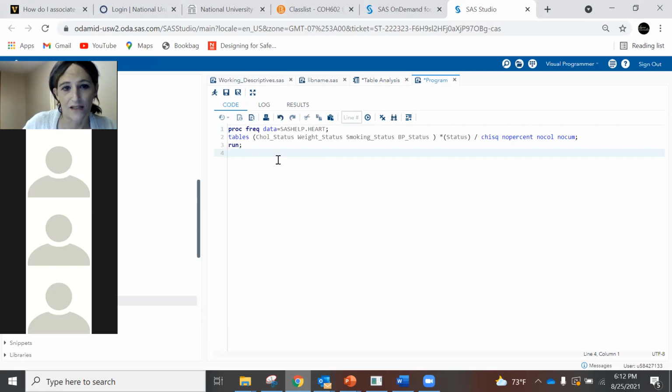And nowadays, SAS is nice to us, and it actually color codes. And you can kind of get a sense if things look right because of the color coding. Notice if I were to remove a semicolon from this line, oops, no, it didn't mind that. Let's see, if I remove this one. Oh. Yeah, so when I remove that semicolon, the run statement is no longer in dark blue. But if I add that semicolon back,